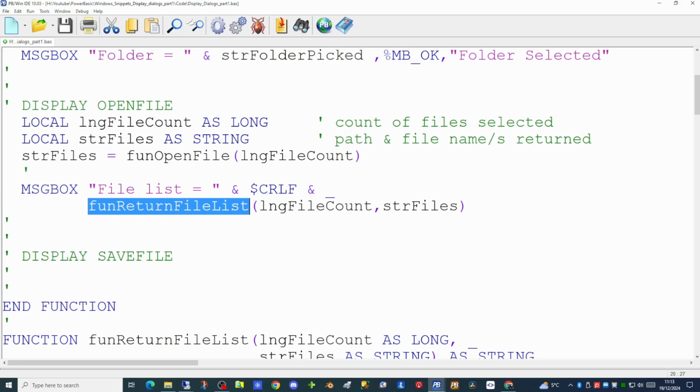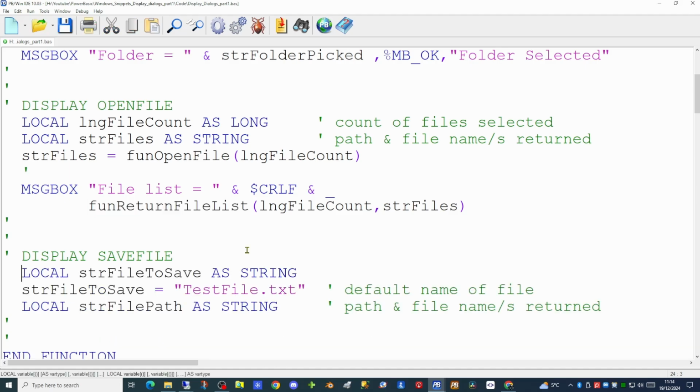Again, with the OpenFile, with the SaveFile, you will have in your own applications the need for saving to files. And in some cases, the user will have no option as to where the file is saved. But where you wish to give the user the option where to save a file, this display SaveFile command is very useful and time-saving. So as we did before, we'll create a couple of local variables, the first being the